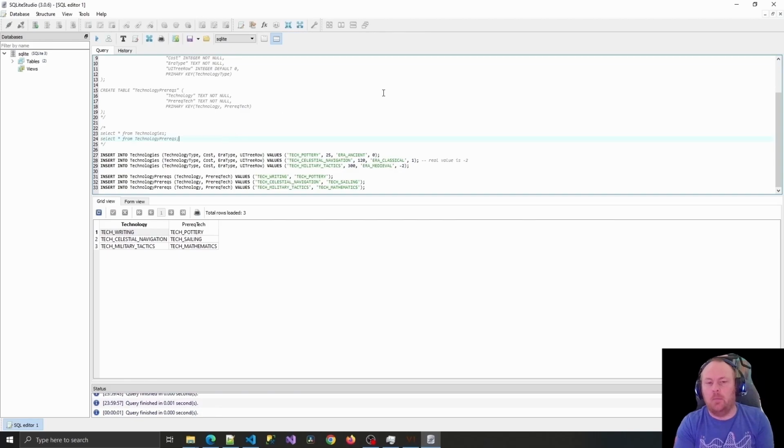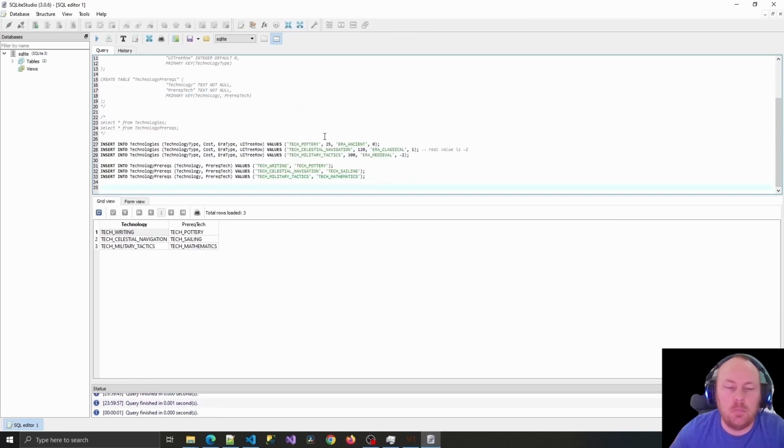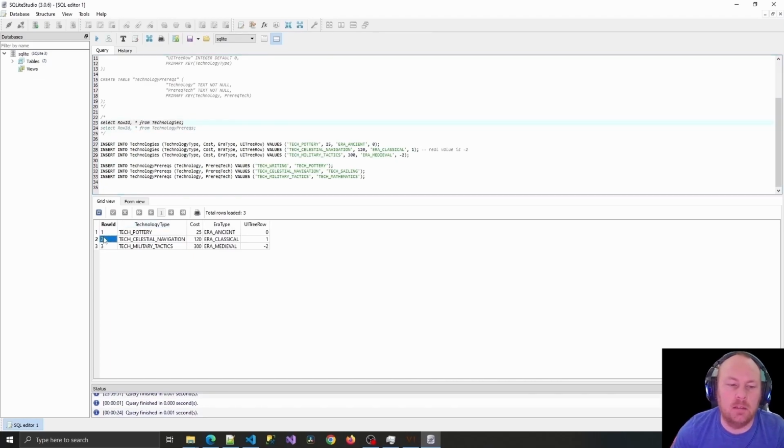So now, this is just my setup code for how I'm going to test. But now I've got to think about how I'm actually going to code this. So something I think could come in handy: every table has a column called row ID, which is just an incrementing number for which order the rows come in. So what I could do, I think, is take the